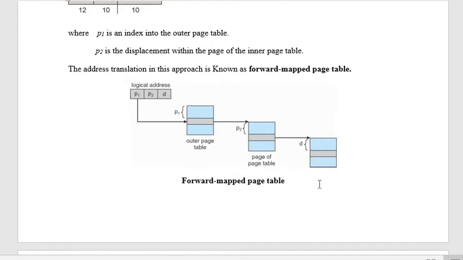Just have this example to clear the doubts. Here, when the CPU executes the process, it divides the logical address into three parts. The page number has been divided into two-level paging here, page 1 and page 2, the index for the outer table and the index for the inner table. The first index value will be fetched in order to look into the outer table.